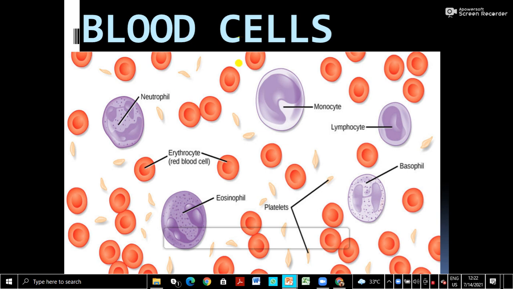Then comes the white blood cells. White blood cells are of different kinds. The bluish color shown here is white blood cells. See, white blood cells are of different types: neutrophil, eosinophil, monocytes, lymphocyte, and basophil. About these different types you will learn in higher classes. You just learn that there are different kinds of white blood cells and they are nucleated. Lobed nuclei are characteristic of these WBCs.